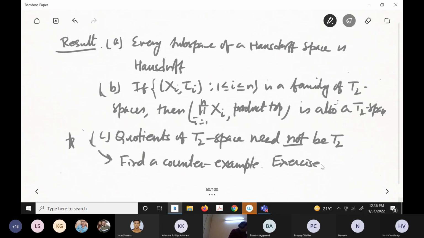Okay. Right. Fine. This is a counterexample. You should think about it. In fact, Ali Francis has given an example for a different thing, but that example should work. That is why a quotient of a Hausdorff space need not be Hausdorff. First of all, you should have something non-Hausdorff. Then you think how it can be a quotient space of another Hausdorff space. Okay. Now the thing is that, okay,